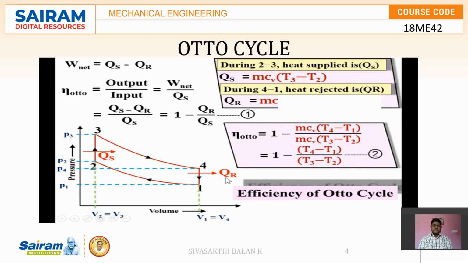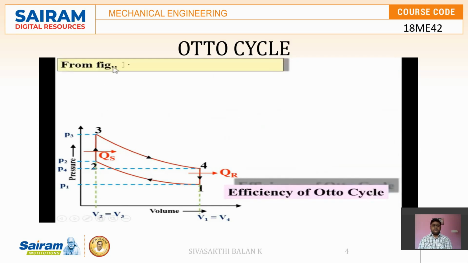So now we will consider the adiabatic processes 1-2 and 3-4, and from that we will derive the relation between the temperatures, so that you can simplify this term in the efficiency of the Otto cycle. From the figure you can say the 1-2 process is the compression process, and that is adiabatic compression. So you can say the compression ratio is V1 by V2. And simply remember V1 by V2, because your compression ratio is always greater than 1, and you can see over here V1 is greater than V2. Let's say it is equation number 3.